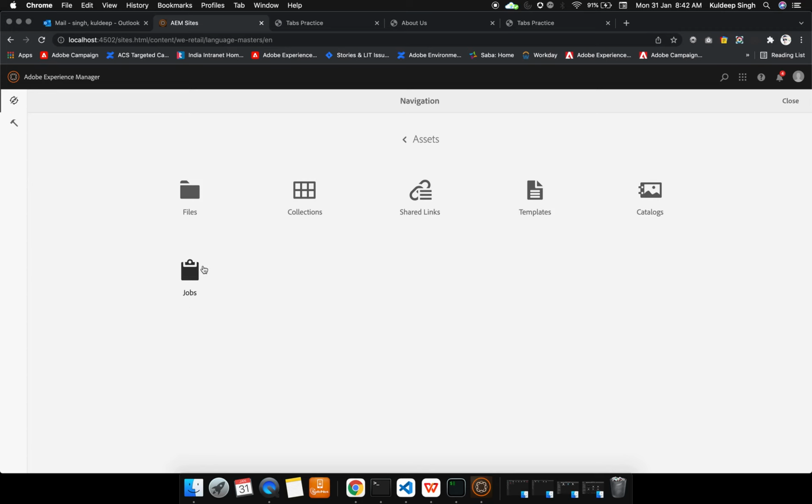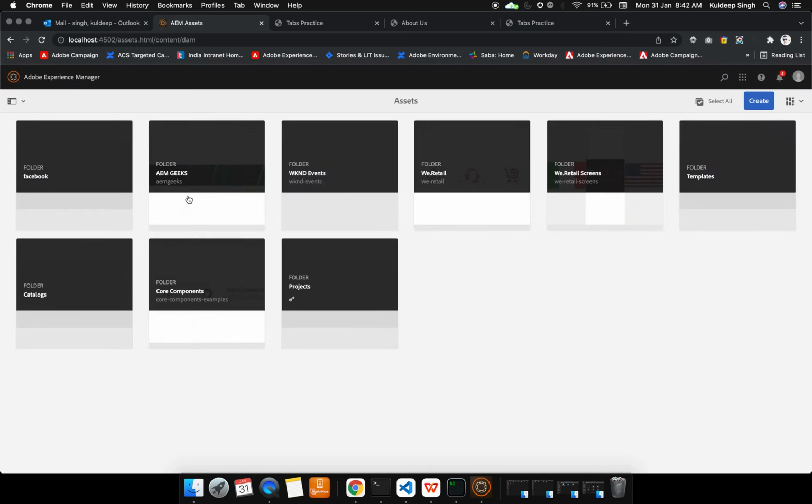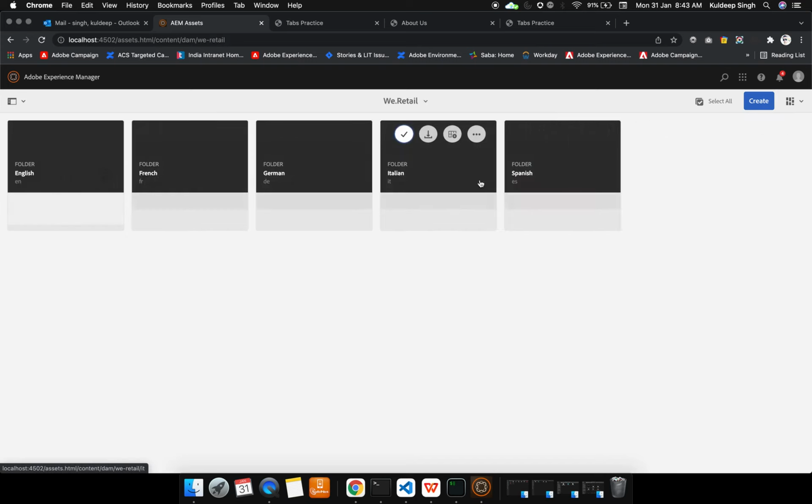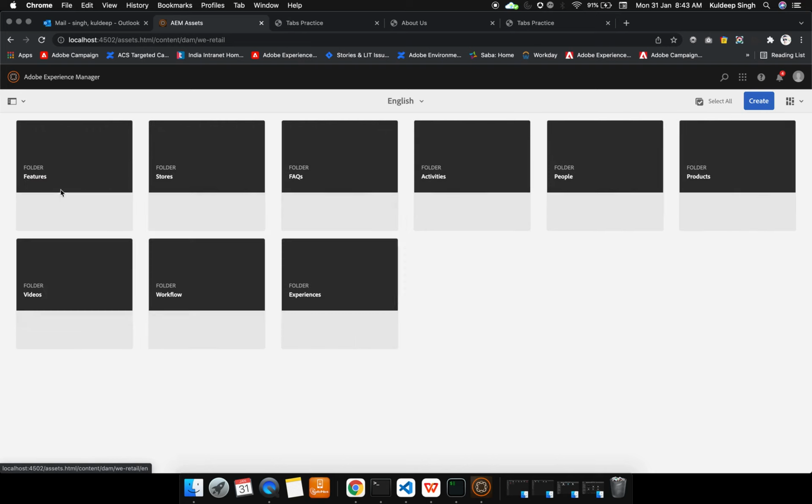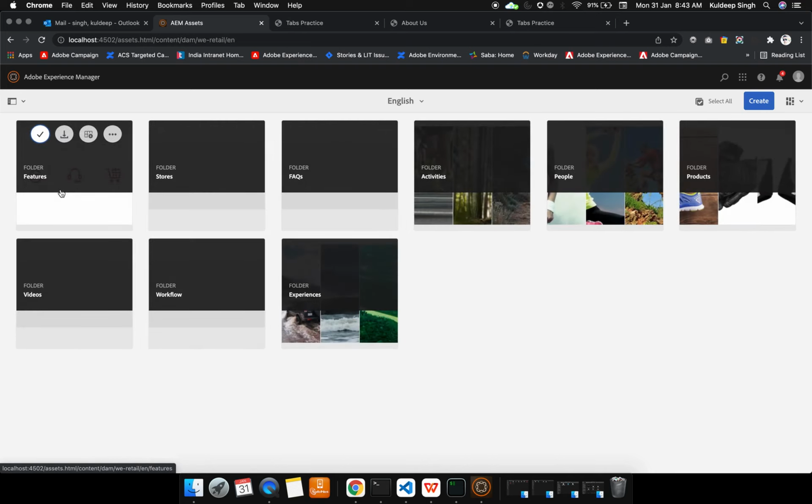Okay, so we are going to cover the first topic, that is how we can organize assets in AEM. We can organize the assets in AEM by using two methods. One is hierarchical and the second is ad hoc. The hierarchical view of the folders is shown as I show you. If I go under VRetail, okay, so this is the VRetail, and if I go under the English page,